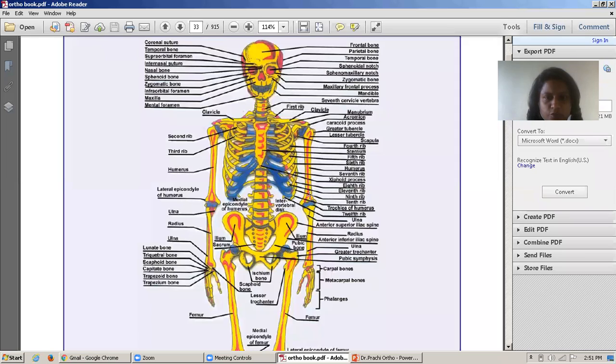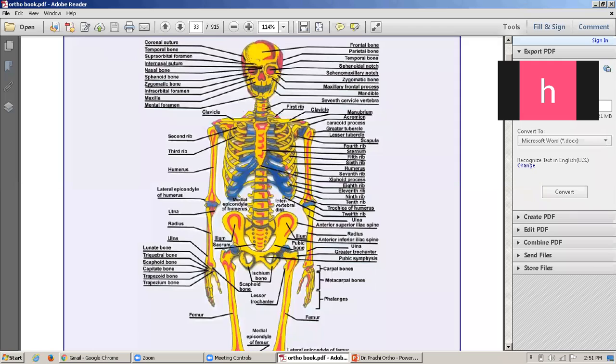So, this is the humerus, this is the ulna and radius, this one, this is the anterior inferior iliac spine of a pelvic bone, this one is the greater trochanter, this is the pubic symphysis, this is the ilium, this one is the sacrum,